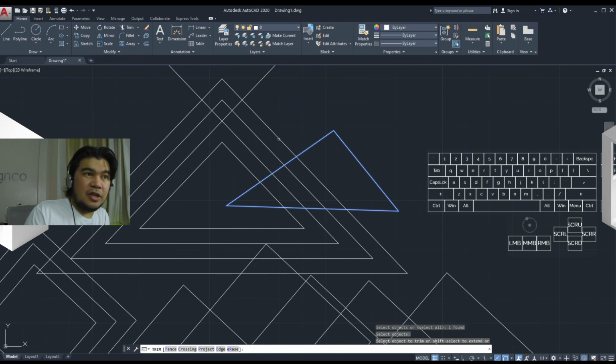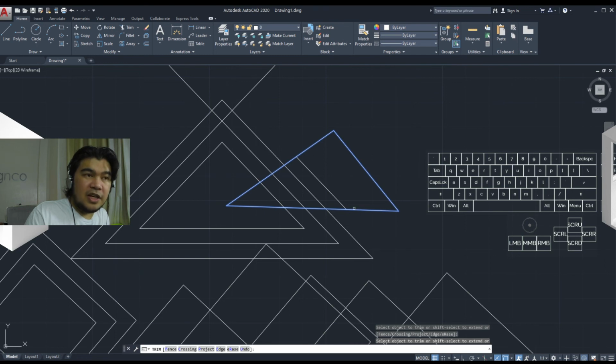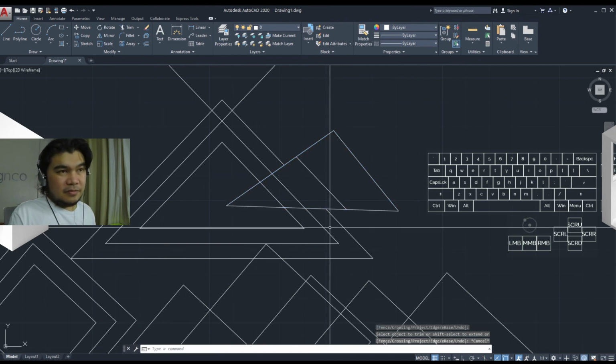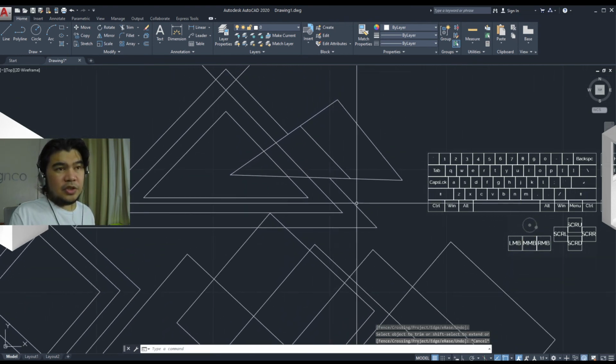So for example, this biggest triangle here crosses the cutter at 2 points. If we cut it this way, the outside, only the inside is left. Alternatively, if we cut it inside, the outside is left. Now, extend works differently because it's the reverse of the command. Extend, first you choose